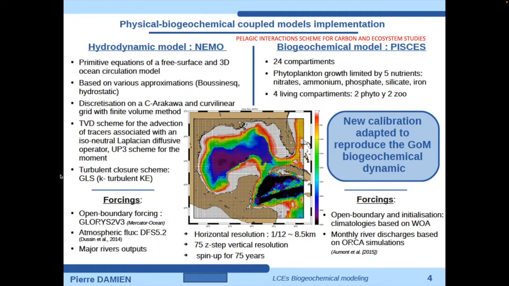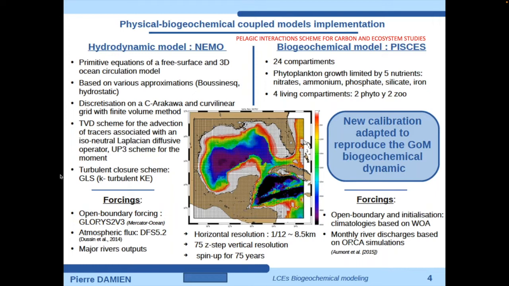So getting into the numerical models, we have two numerical models, one which was mainly developed by Pierre Damien, as I was telling you, and this is the NEMO-PISCES model. The biochemical model is called PISCES, and it means Pelagic Interaction Scheme for Carbon and Ecosystem Studies. It's a very complicated biochemical model, 24 compartments with 2 phytoplankton compartments, the small and large phytoplankton, the same for zooplankton, and several nutrients. I won't go into the details.